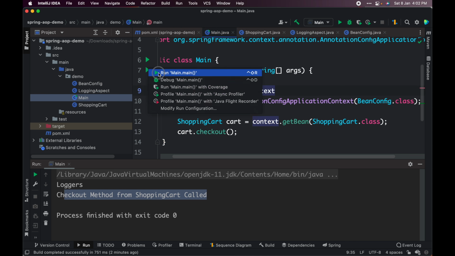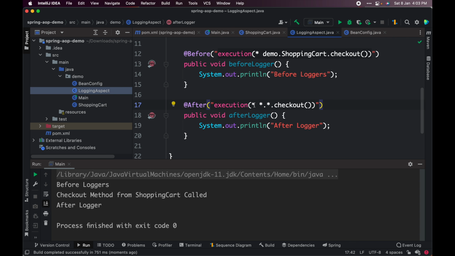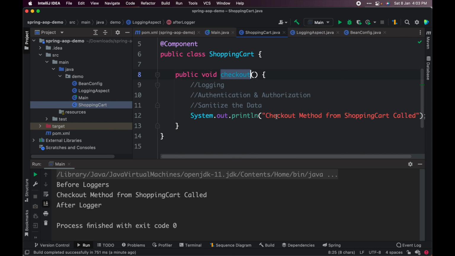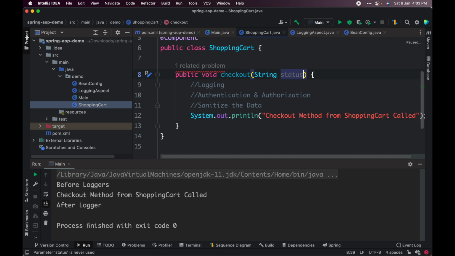Let's go to the main and run this, and you can see that it worked because we have defined in the logging aspect that for any return type, for any package, for any class, if there is a checkout method, then we need to run this particular method. Now what if I add an input parameter? Suppose I add the input parameter string status.